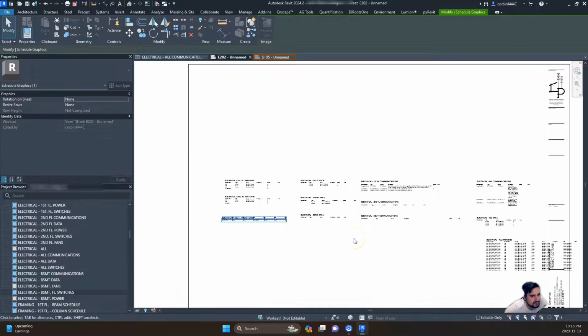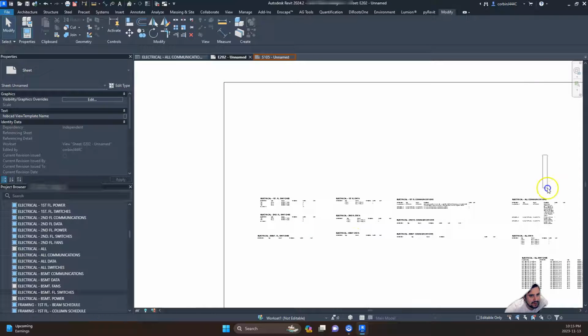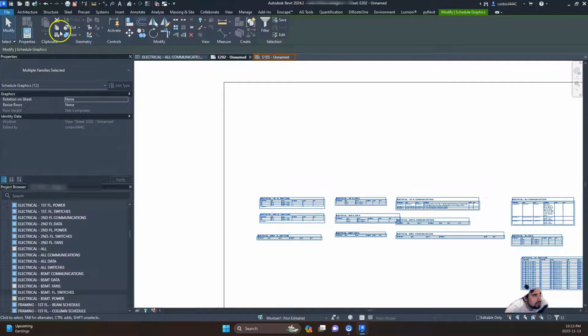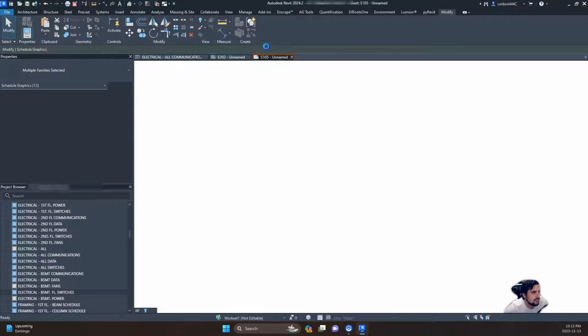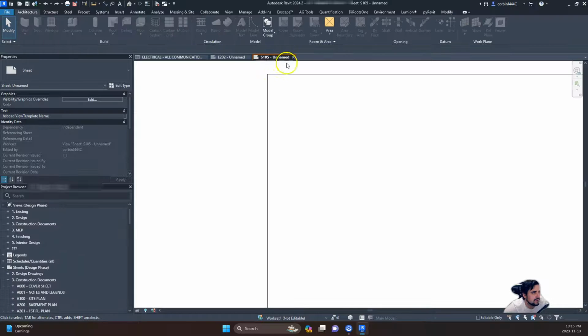So here's where the trick comes in play: we can actually grab all of these schedules. We can go up here and click the copy button and we can open our other project, using the PyRoots plugin to color these tabs if you're wondering. And now that we're in another project, we can hit paste here and it will paste these other